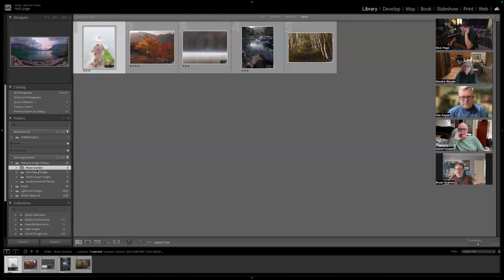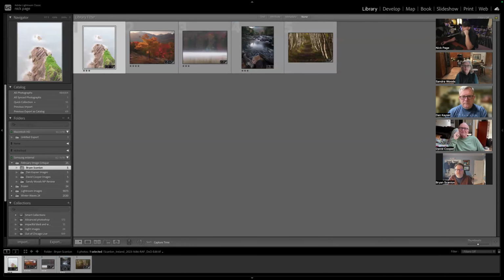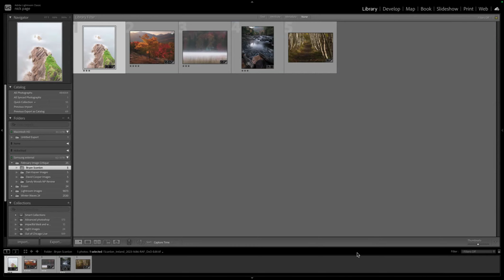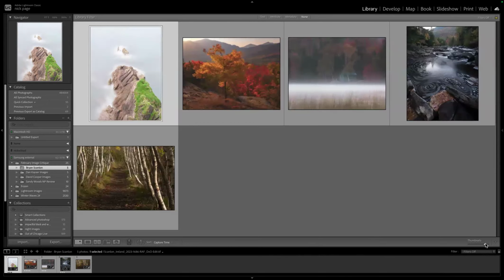So let's go ahead and start with you, Brian. One of the things that I like to do at the beginning of these is just look at the images at a thumbnail view, because a lot of times you'll start to see repeating patterns or a theme throughout. And looking at these, man,